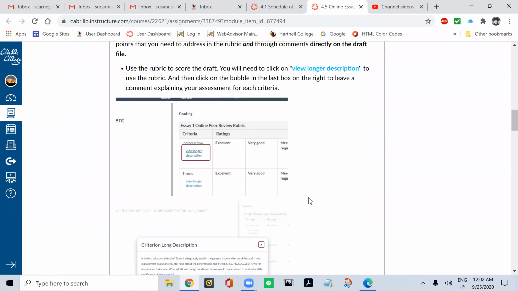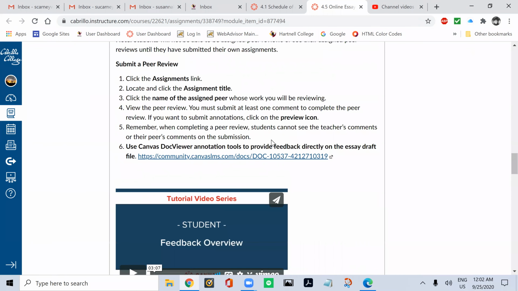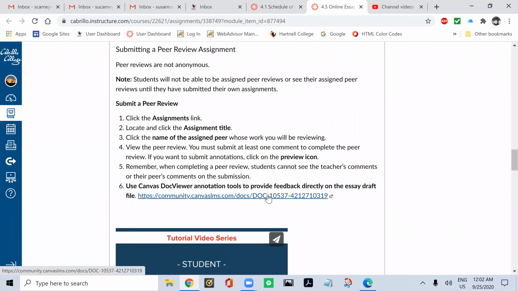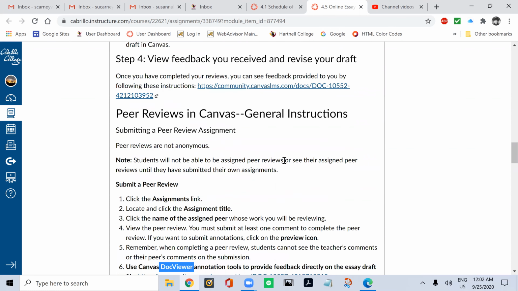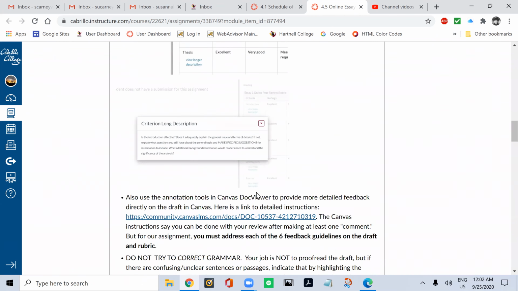But again, if you haven't, here's a video that explains how it works. Here's a link you can click to a set of instructions for how to give feedback on the rough draft in Canvas using this software tool that's embedded in Canvas called Doc Viewer. Okay. All right, and then you need to